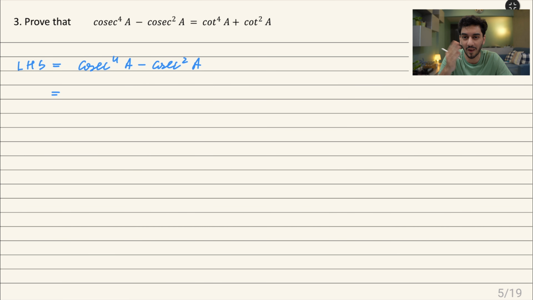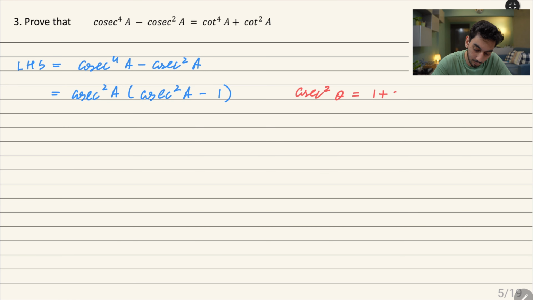But before that, I would just factor out a cosec square A. So if I factor out a cosec square A from both the terms, the first term will still be left with a cosec square A, minus the second term will have nothing left, so it is just minus 1. Now, if you know the formula, cosec square theta is equal to 1 plus cot square theta, this 1 can go to the other side and it becomes minus 1. So cosec square theta minus 1 is cot square theta. So cosec square A minus 1 can be written as cot square A. So this is cosec square A